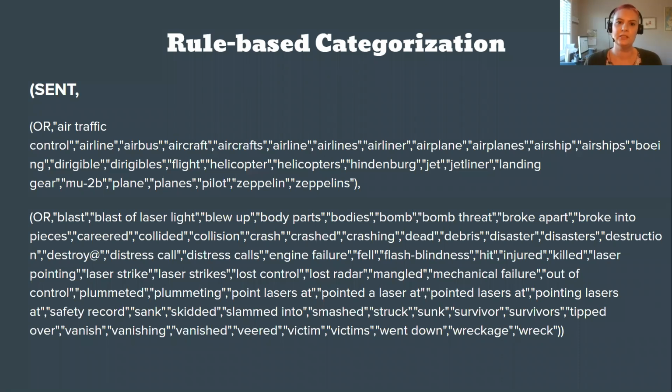Our subjects get a little more tricky. They are longer rules, more sophisticated rules. This is part of the rule for airline crashes or aircraft crashes. This is one piece, and then all the pieces would be stacked onto each other to make a full rule. This is basically saying if in a sentence you see any one of these things from this list of aircrafts and any one of these things from this list of terrible things that could happen to aircrafts, then